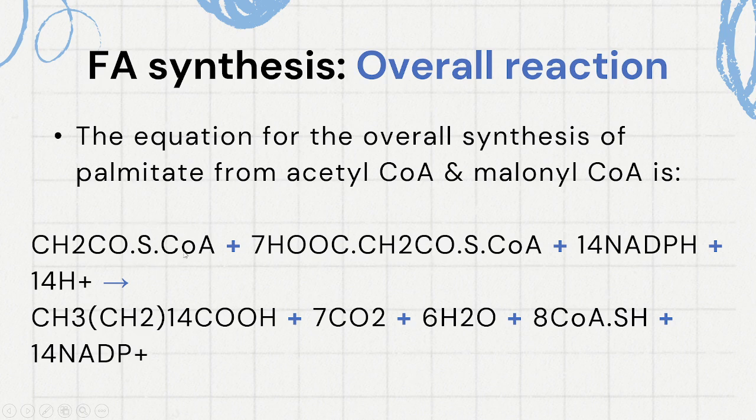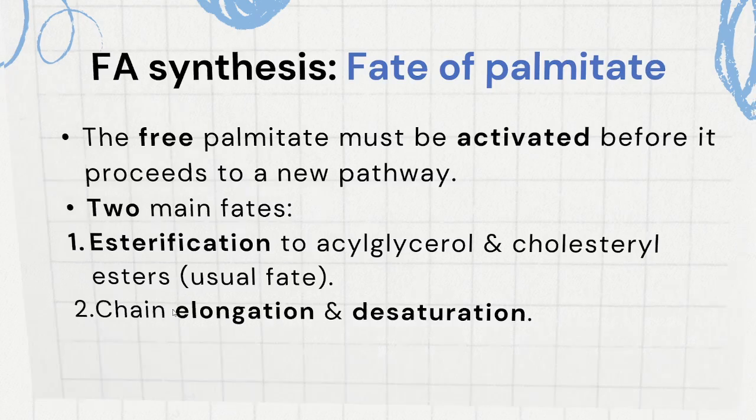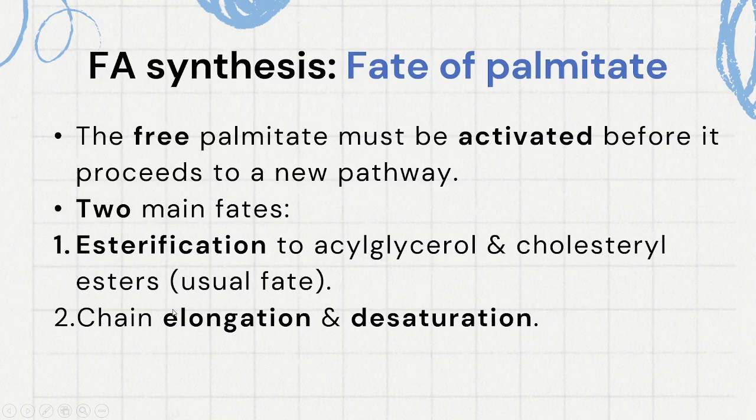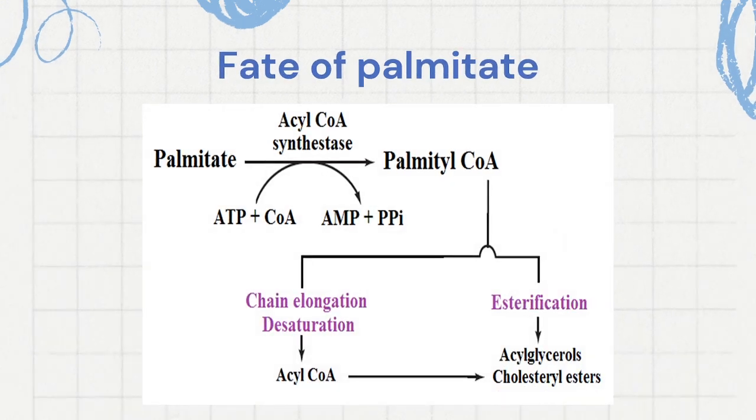If you want to revise the number of carbon atoms, acetyl-CoA contains 2, malonyl-CoA contains 3, so it will be 3 by 7, 21 plus 2, 23, minus those released as carbon dioxide, minus 14, will give you the 16 carbon atom palmitate. What is the fate of palmitate from now on? Palmitate has